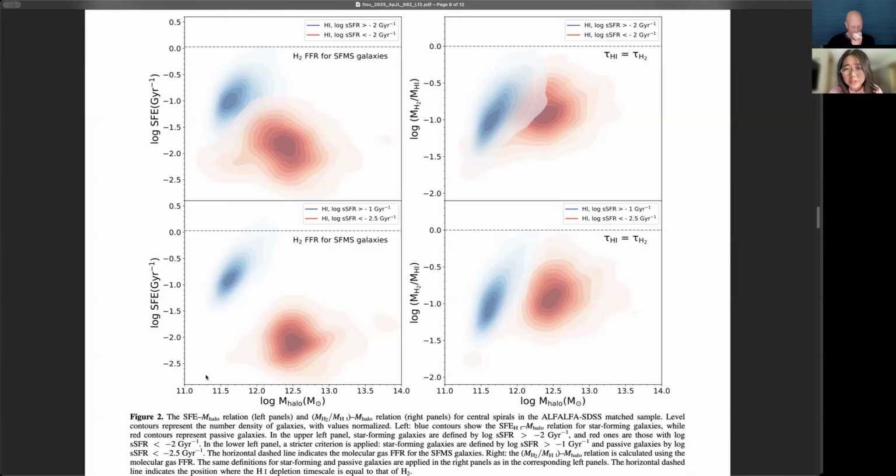And next, let's look at the red contours, which are the passive galaxies. If you look at the lower two panels, you can clearly find that the blue contours and red contours are separated by a halo mass of about 10^12 solar masses. You can say that passive galaxies were on average located in higher halo mass regions. And this is fully consistent with the halo quenching scenario,